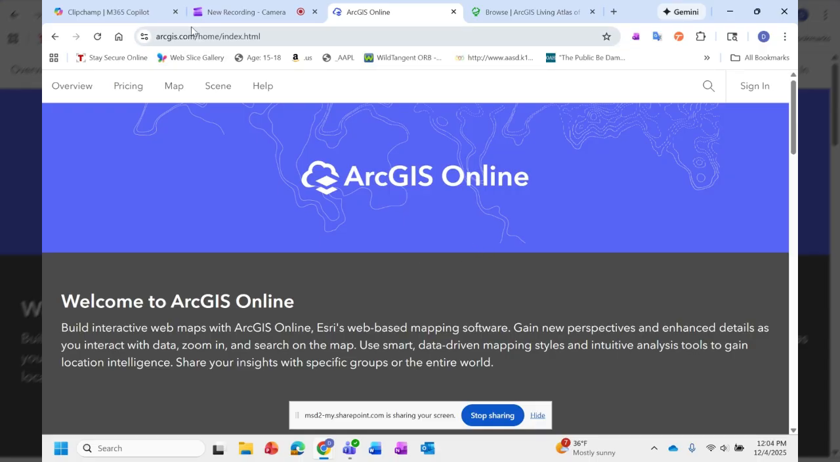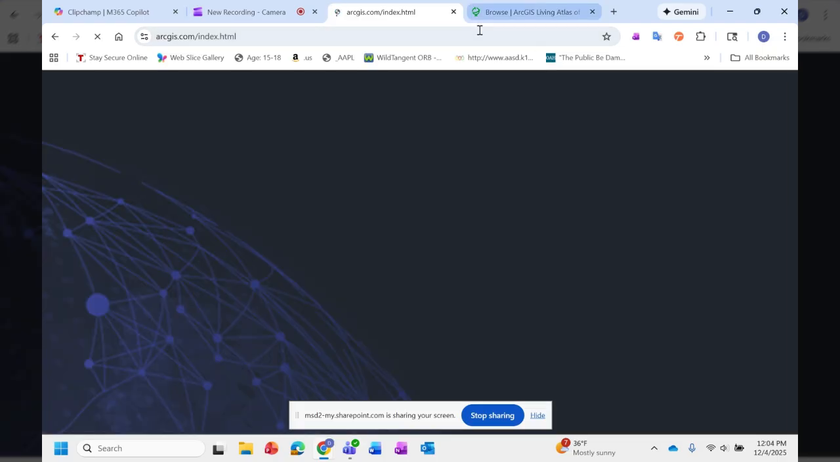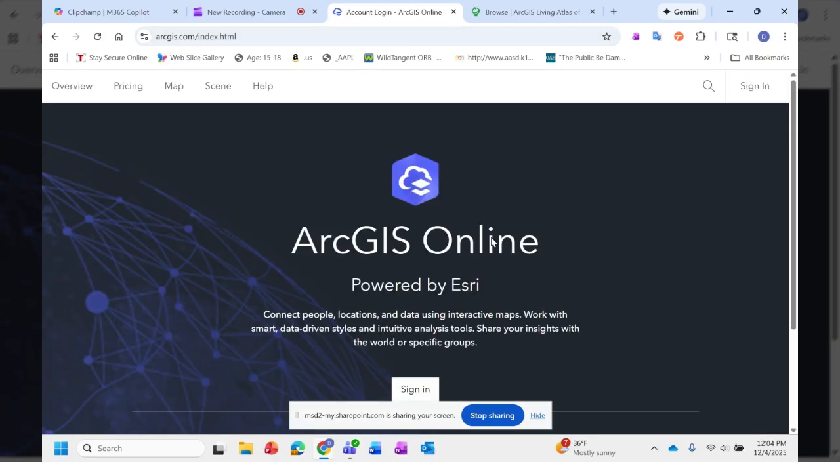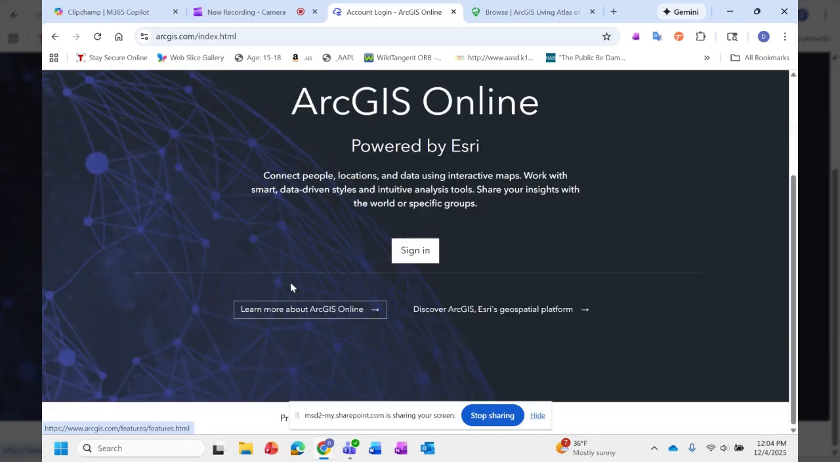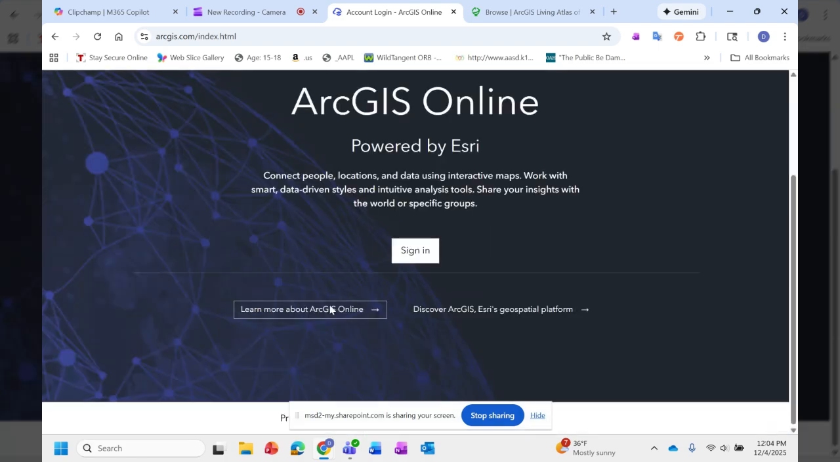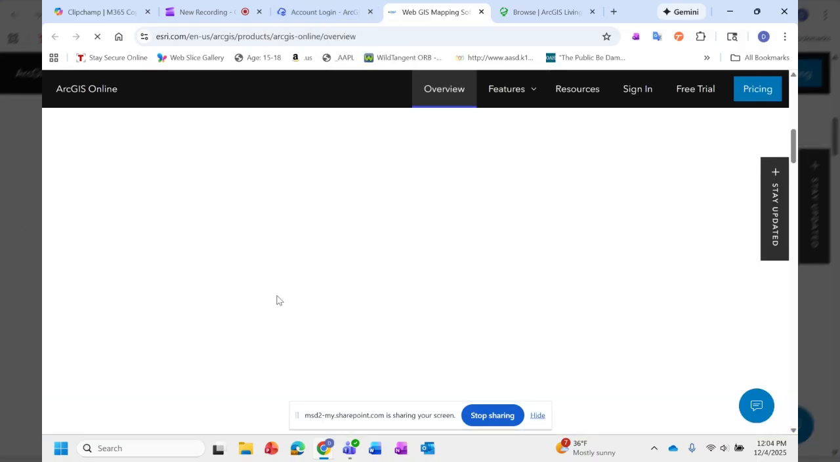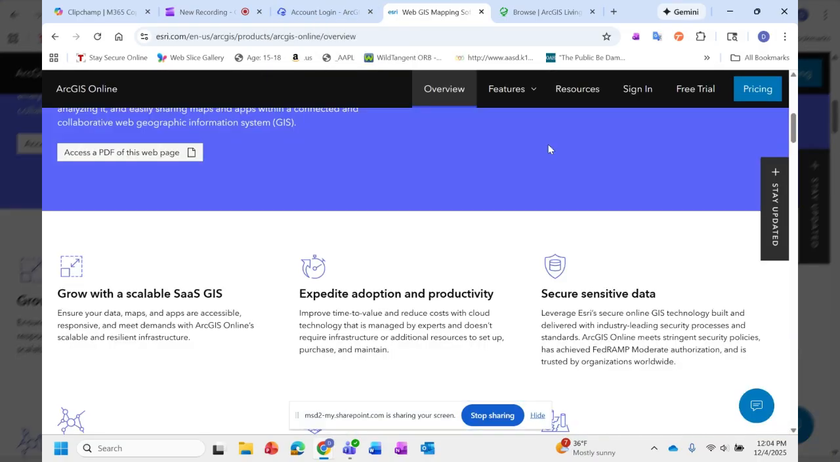So the first thing you've got to do is go to arcgis.com. I think if you just type in arcgis.com without all that, it just takes you to the same spot. Oh, I guess it doesn't. Okay, what we want to do is go to the online version. So this is ArcGIS Online. And then we go to learn more, whatever. It doesn't really matter. What you've got to do eventually is find